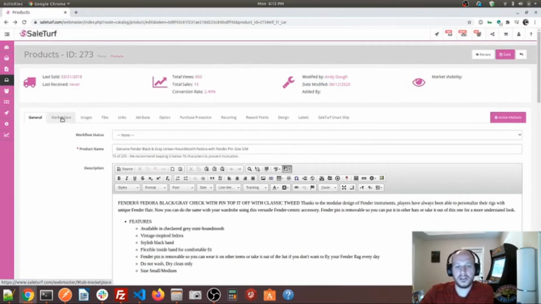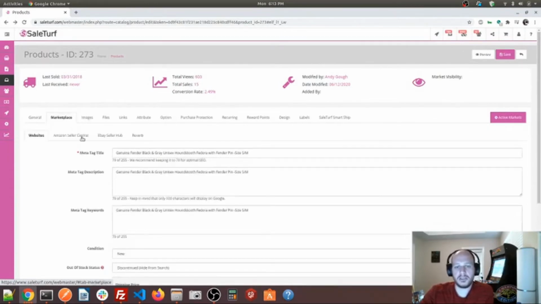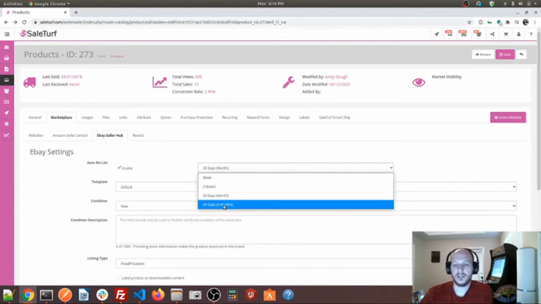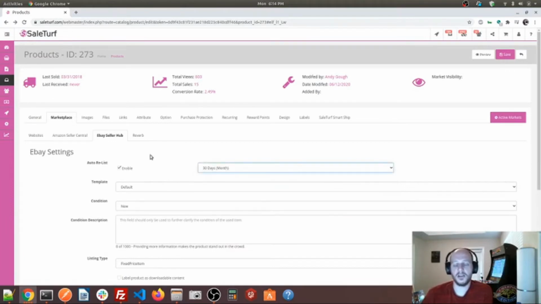We also, in the product section, have some other features with eBay and Reverb, which allow you to do this auto relist. Auto relist basically will allow you to automatically end the product every week, 2 weeks, 30 days, or 90 days. You can automatically end it, and it will automatically relist for you. That helps with wanting to be on the recently added lists, or just within the search results. It helps you move up in your rankings because the product is new and not an old